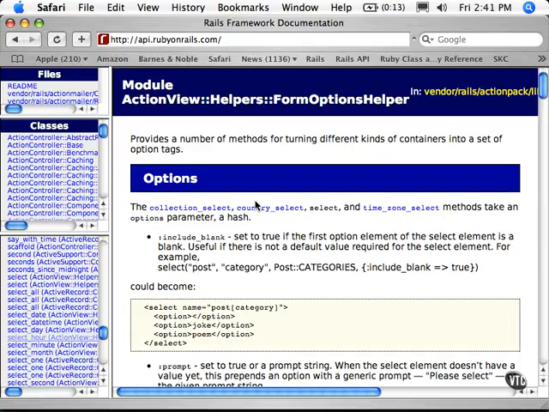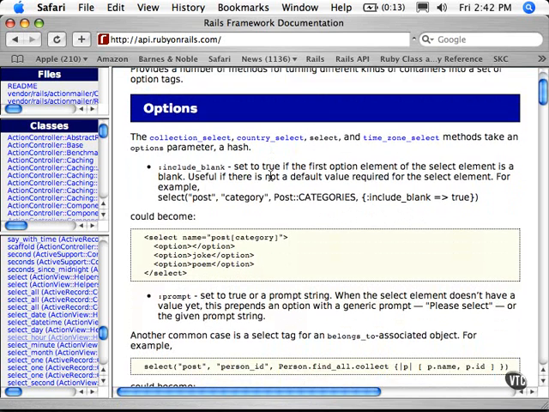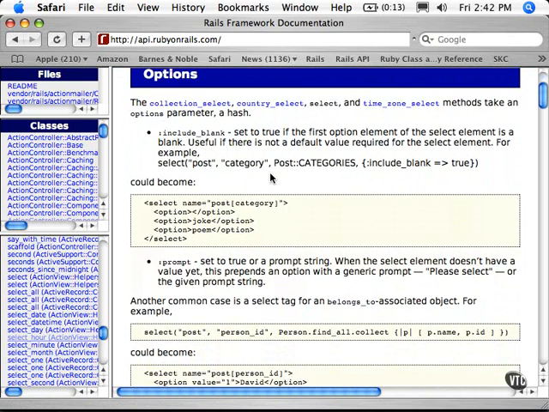In this video, I'm going to talk about the Form Options helper, or the Select helper. Again, you have a number of options here, and we're looking at the api.ruby-on-rails website, under the module for Action View Helpers Form Options helper. And options are those drop-down lists that you see on websites that give you a selection of something to choose